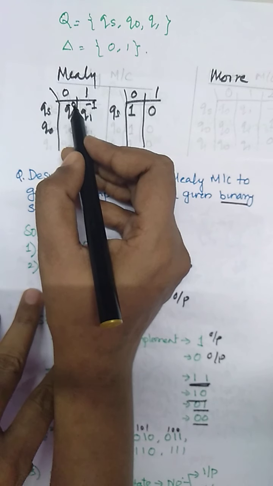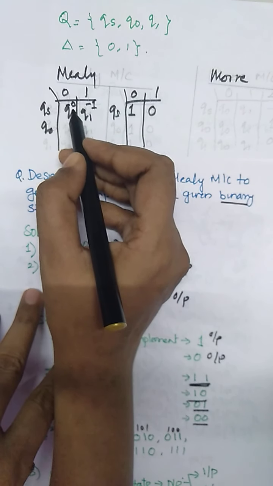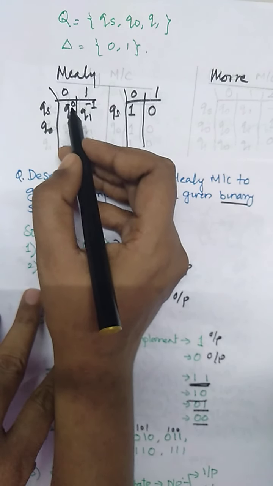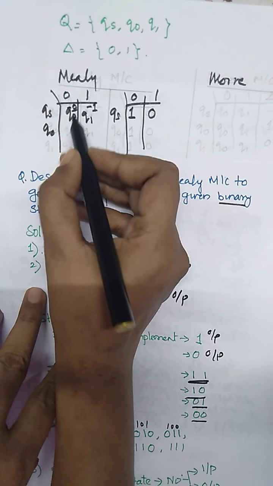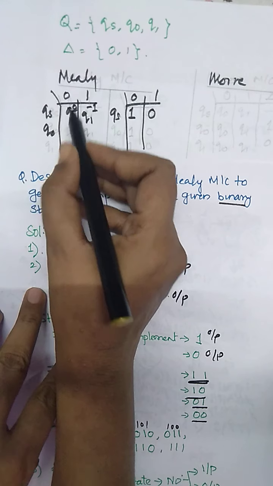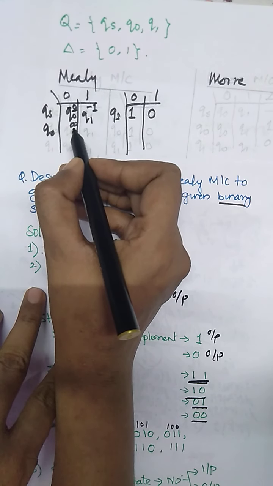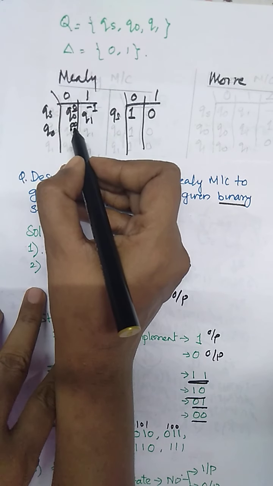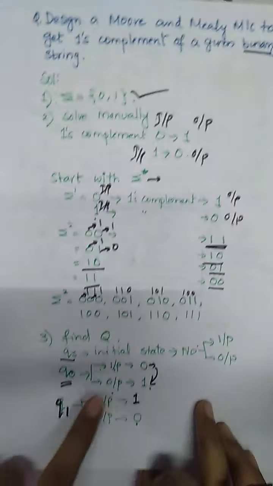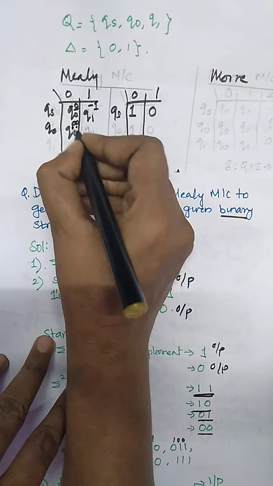We will take q0. What is the string indicated by q0? The input string, not the output. So the input string that we are going to consider is 0 only, not 1. So the previous input is 0 with the next bit as 0, that will be 0, 0. This 0 we had already considered. Now we are talking about this 0. So for this 0 whose input is 0, that is marked by q0. So here we are writing q0.